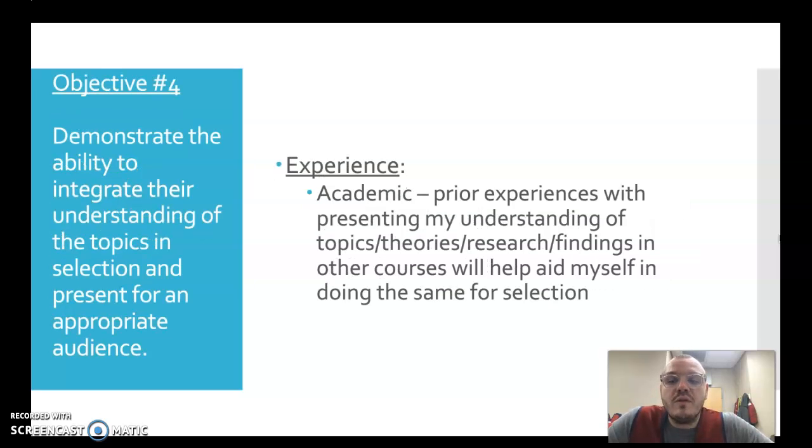Objective 4, demonstrate the ability to integrate their understanding of the topics in selection and present for an appropriate audience. Again, just academic wise, in prior courses, whether it be research papers, group presentations, PowerPoints, just anything in basically every class.